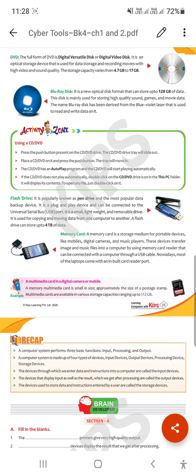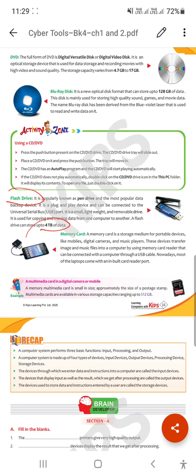We all know about the flash drive. A flash drive is like a pen drive, and it stores up to 4 terabytes of memory in the market. And what is a memory card? You all know what a memory card is, right? In your phone we use a memory card. Different memory sizes are available here: 2 GB, 12 MB, 16 GB, 32, 64, 120, and up to 1 terabyte. There are different types available in the market.